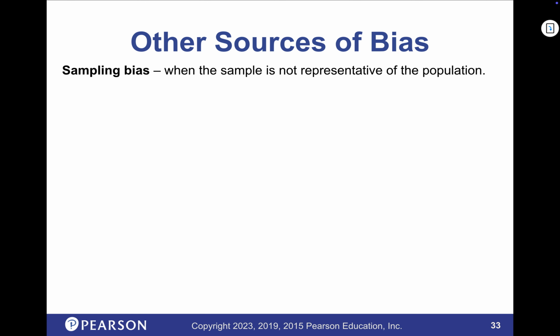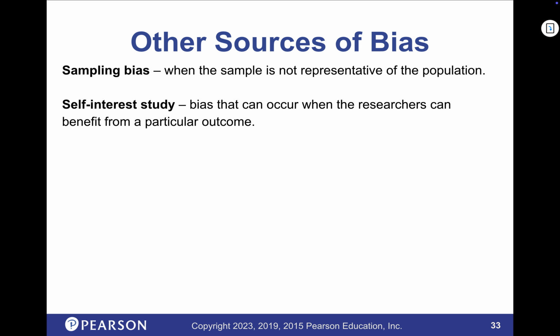Other sources, sampling bias. If we get a sample that is not representative, there's bias in it. Maybe we picked more women than men, or more 40-year-olds got into the sample than the other, so it's not going to be representative of the population. Okay, and again, sometimes this just happens even with doing the best we can. So we go back and review. This is like the last step. We check for errors. Is our sample really representative?